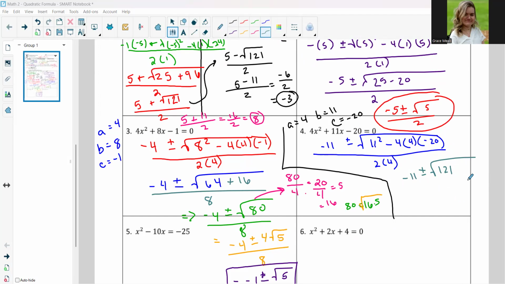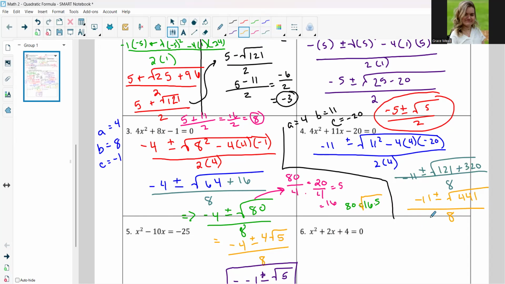And then if I do -4 times 4 times -20, that should be 320. And then 2 times 4 is 8. If I just keep on simplifying here, if I do 121 plus 320, that should be the square root of 441, I believe, divided by 8. And then if I find the square root of 441, I think that's going to be 14,